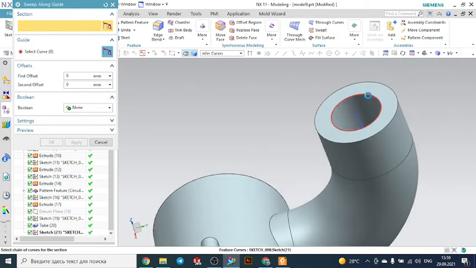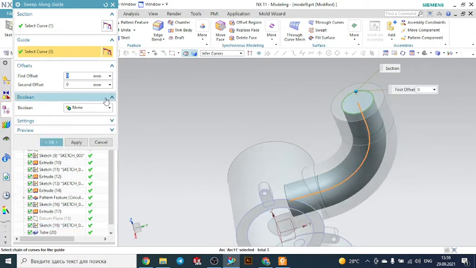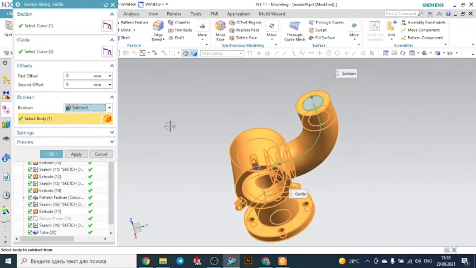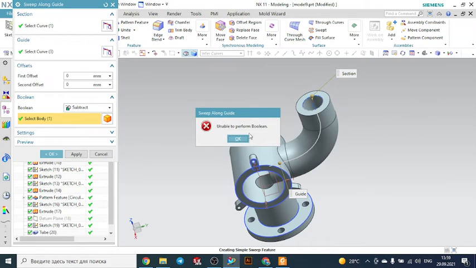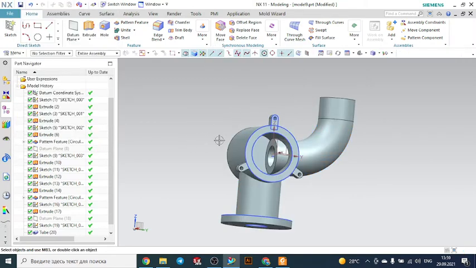So select this face, select as a guide this one, and select here the subtract. So that's okay. No, it is now subtracted. In this case we will subtract this face. So in order to do this, sketch again here,